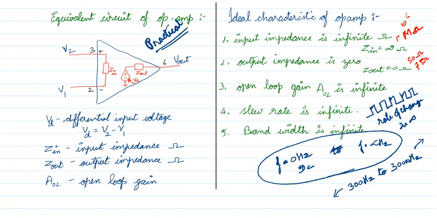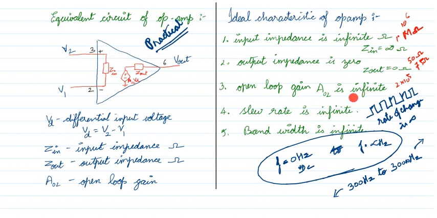Open loop gain, I can say it is 2 lakhs, 2 into 10 power 5. Instead of infinite, practically I am saying it is 2 lakhs. This range is going to change from op-amp to op-amp. For educational purposes, this value can change. If you go for some applications where we need a value very close to infinite or 0,